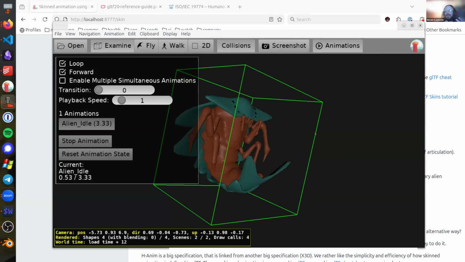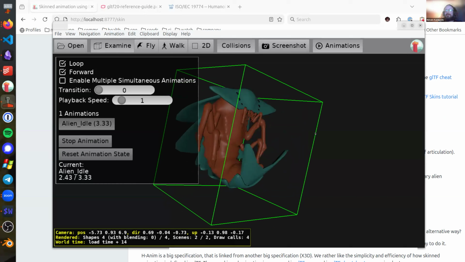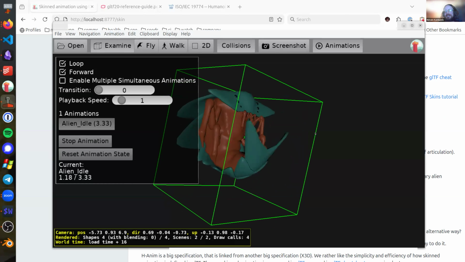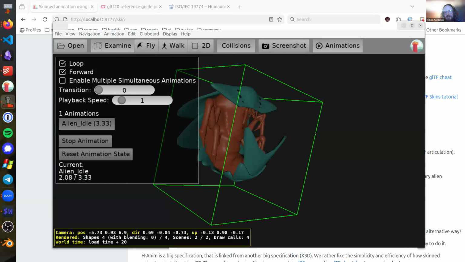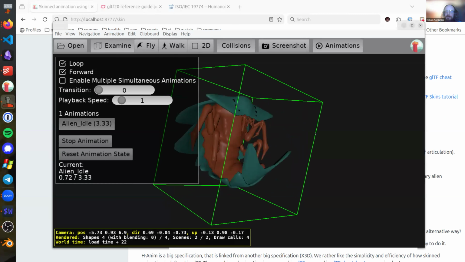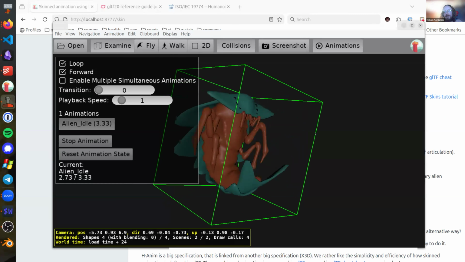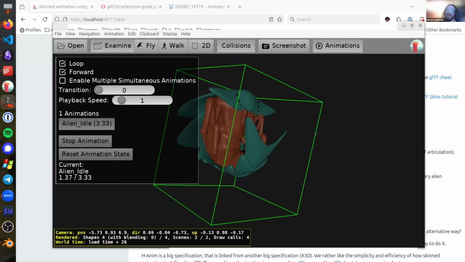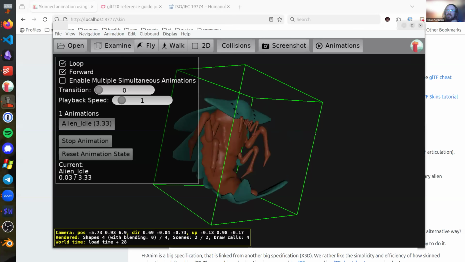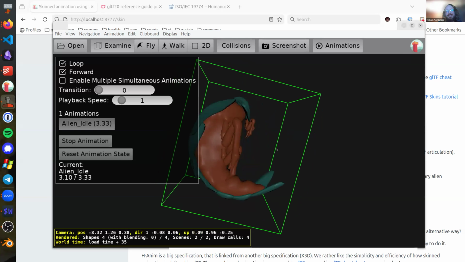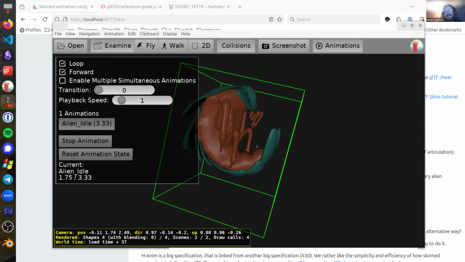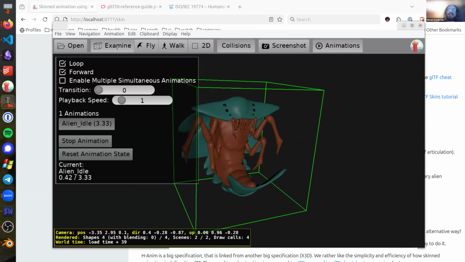Yeah, this is not for human. This is not a human. Yeah, so the skin animation is a technique of animation. It's not specific to humanoids. So that's, I also think, a little bit of an advantage in the name, that the skin node does suggest that this is a general technique, which it is. Yeah, it can be used for something weird like this, and it has some joints somewhere, and it's not a